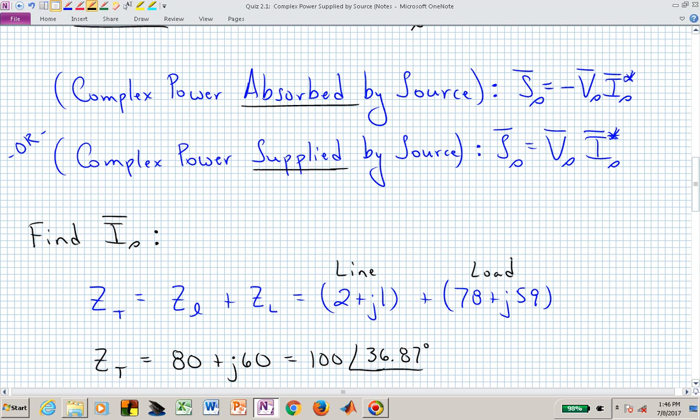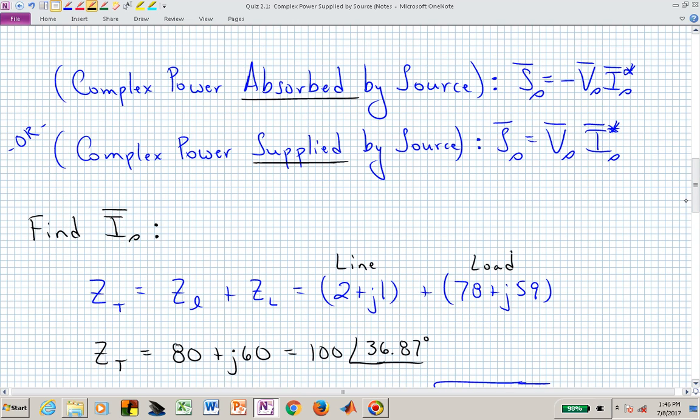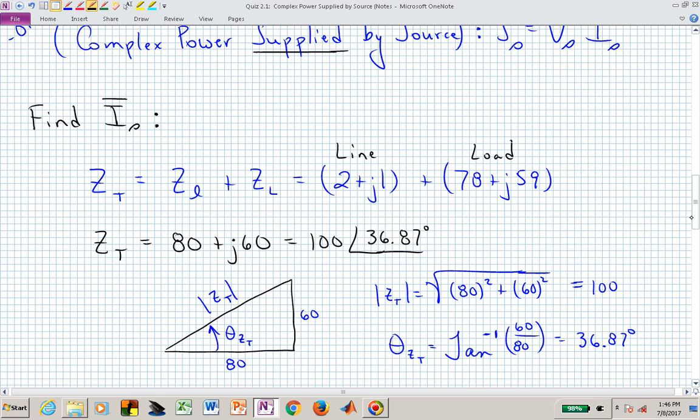That's the impedance of the transmission line plus the impedance of the load, which now gives us a total impedance of 80 plus j60 in rectangular form, or we could write it in polar form, and we could rely on a triangle. We have an 80 for the real part, a 60 for the imaginary part. Those are the sides of our right triangle,